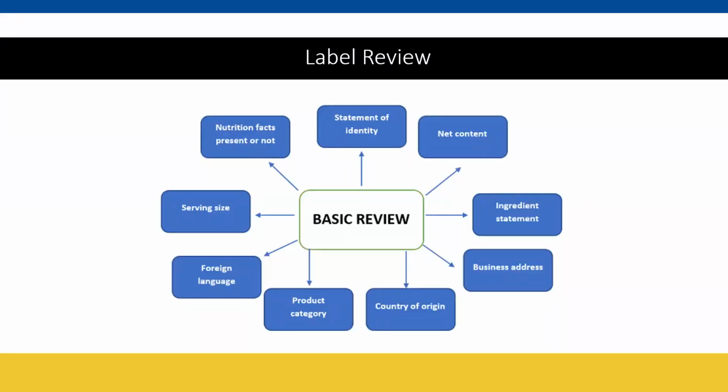This is just another example of a prerequisite program, in this case, label review. Are your nutrition facts present or not? Is there a statement of identity? Do you have the net content, the serving size? You get the idea. But this is just another tool in your toolkit to make sure you are manufacturing a